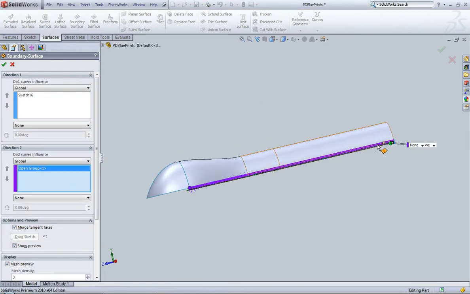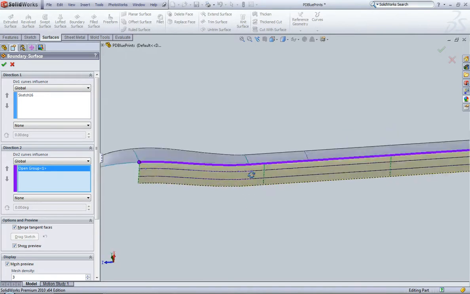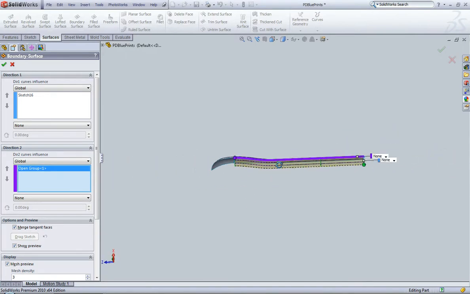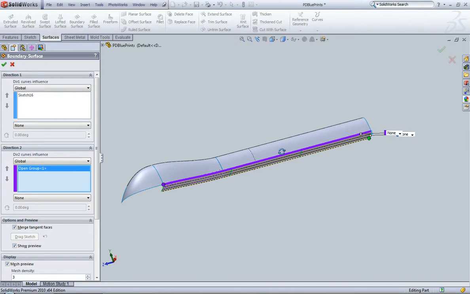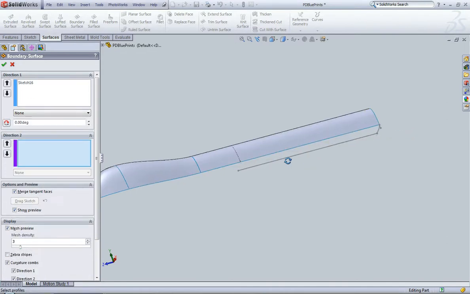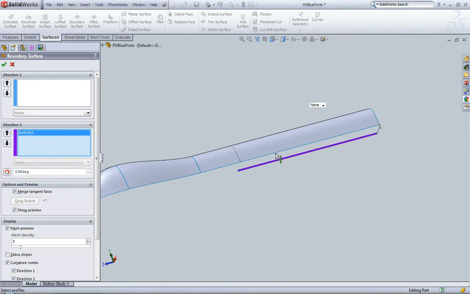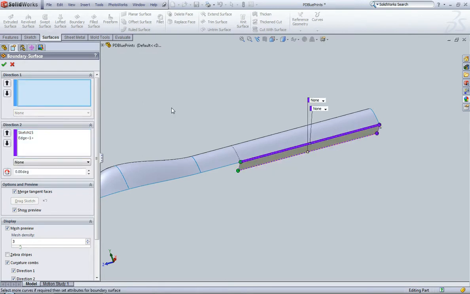So say I wanted to drive that shape all the way up through these edges, it would allow me to do so. Now I know that in this model, the shape that we created for this back sketch here ends at that line, so that's not really what we want. So let's go ahead and just finish this off